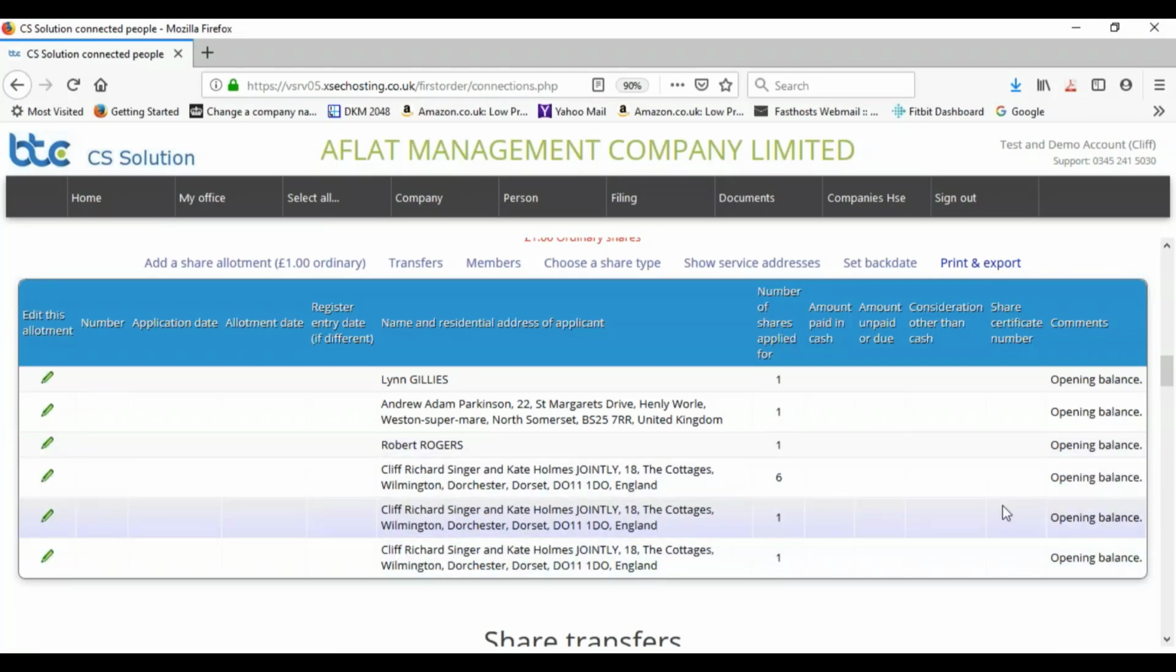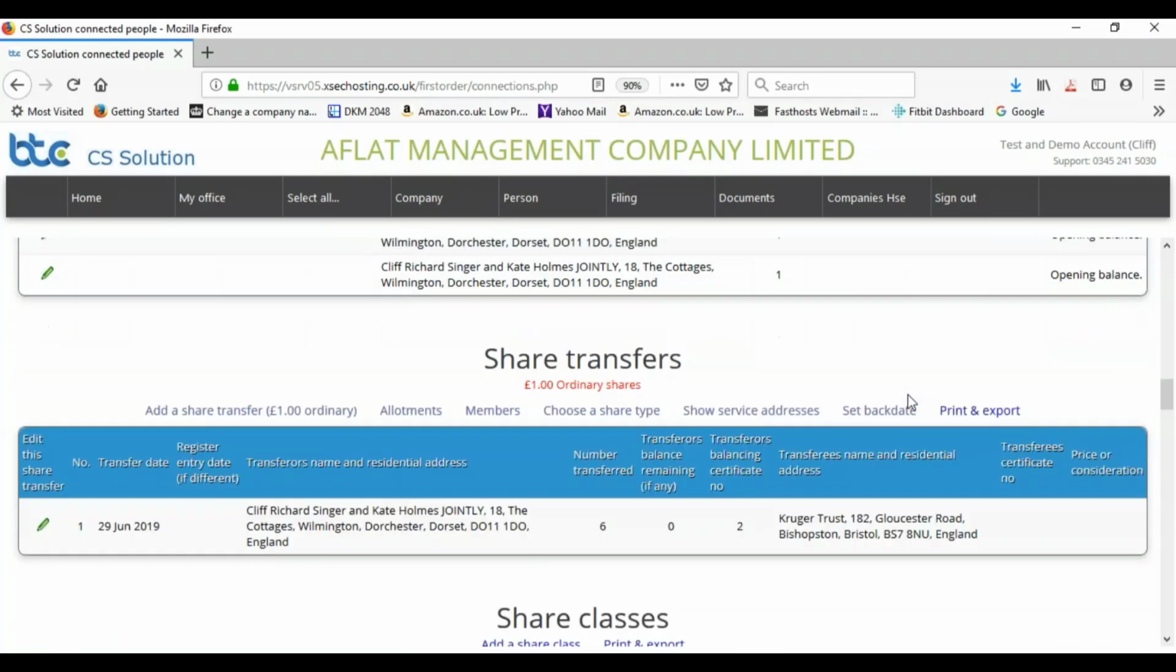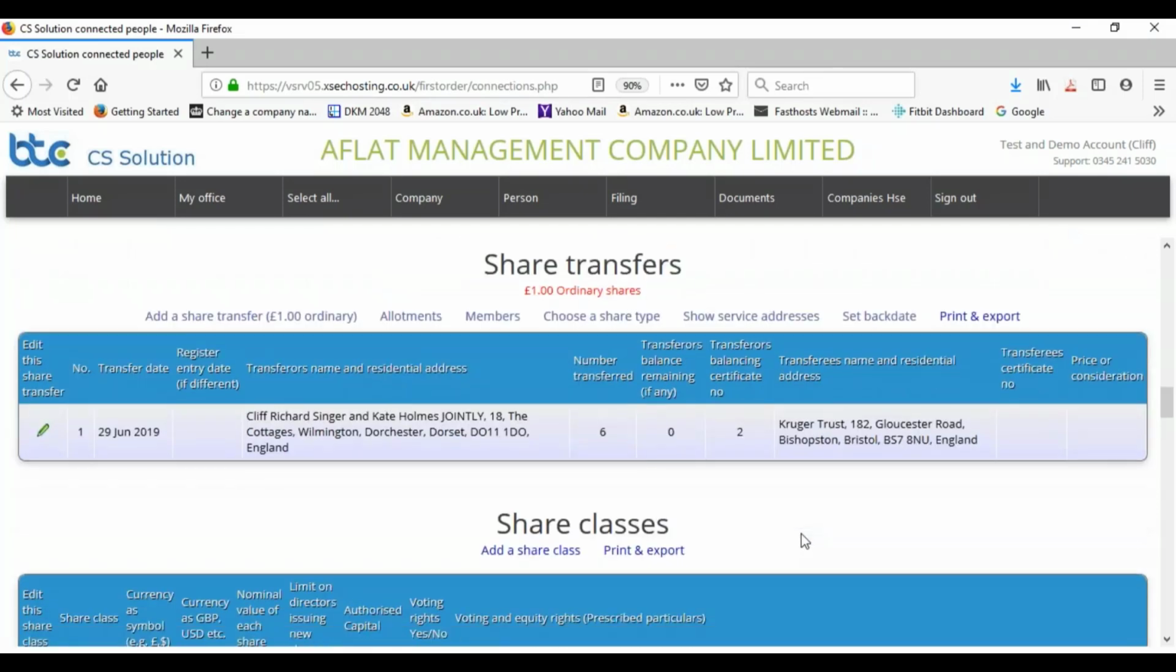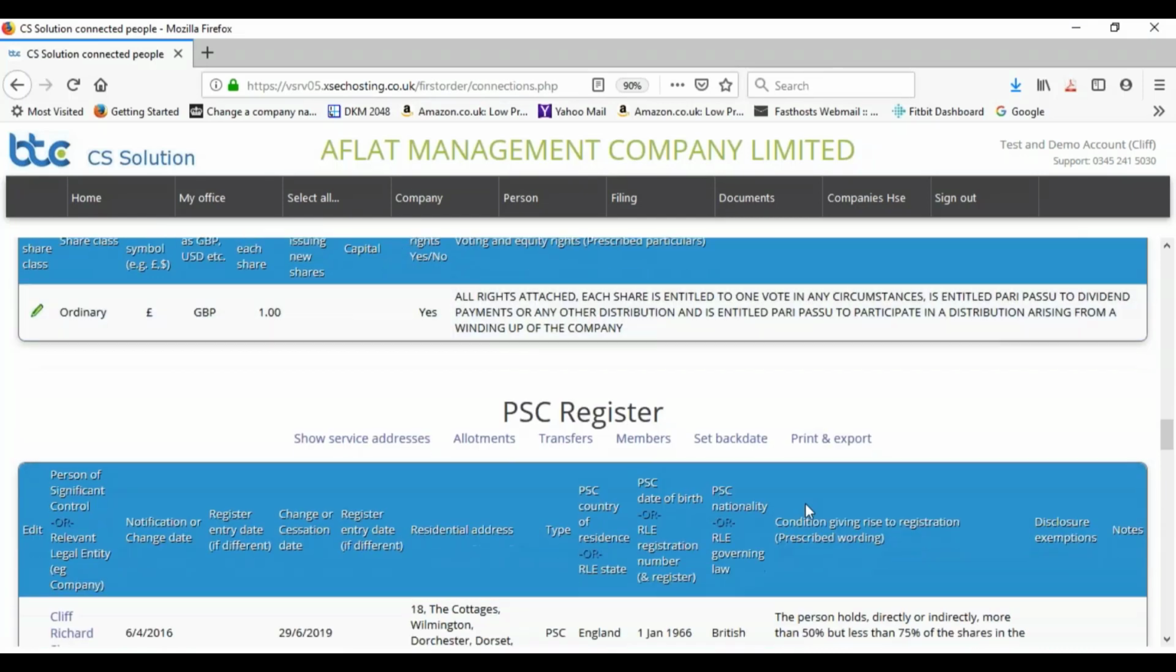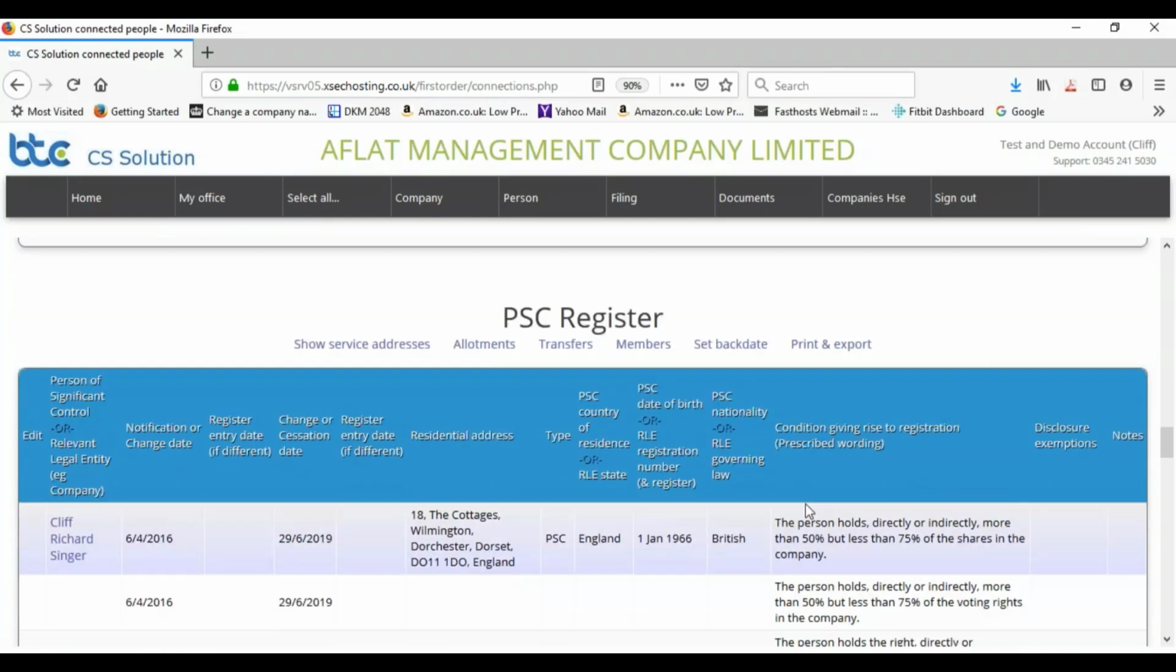These are opening balances that have come in. So then we do a share transfer, and 6 of those shares are going to be moved from that joint shareholder into the trust with 3 trustees. So we're just going to have a quick look to see what the automation of the PSC register has done